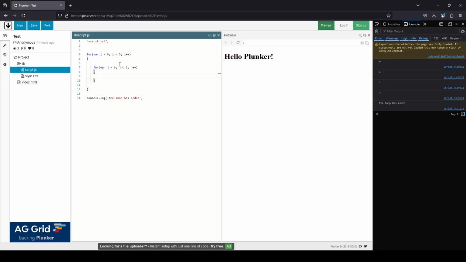So for i equal to 0, we're gonna run this 3 times, and whenever we finish this, we are gonna increment i to 1, and for i equal to 1, we're gonna restart that again, which means we're gonna run it 3 times. So for every single iteration of the big one, we are gonna run the smaller, nested one 3 times. So let me show you this by console logging